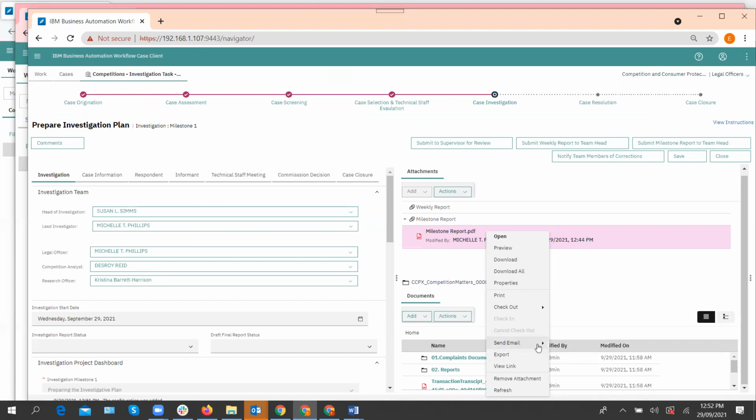either as a link or as an attachment. Now, we can restrict this by user. So if you only want specific users to have this privilege, then the system can be configured as such. So if you think it is more of a risk to give users the ability to send emails directly from the case, we can remove this privilege. But if you think that it affords users flexibility so that they can liaise with respondents and informants effectively,